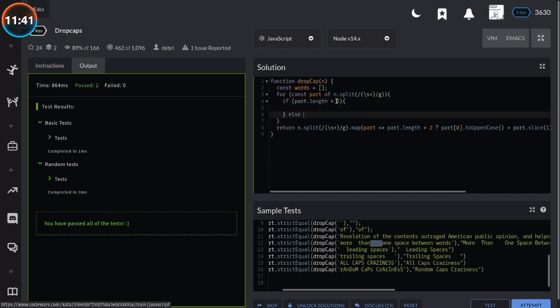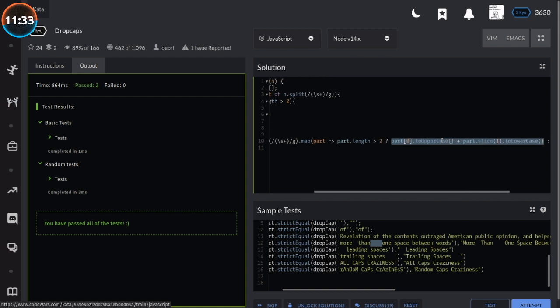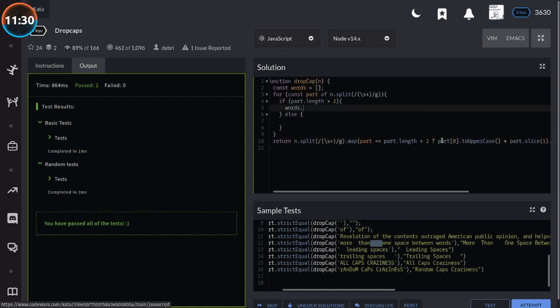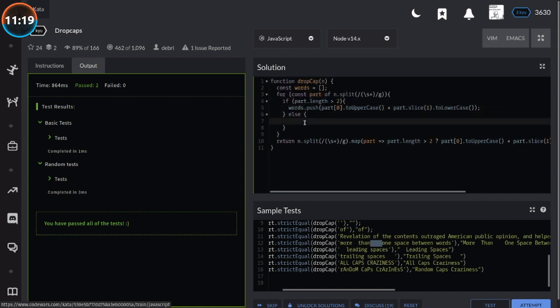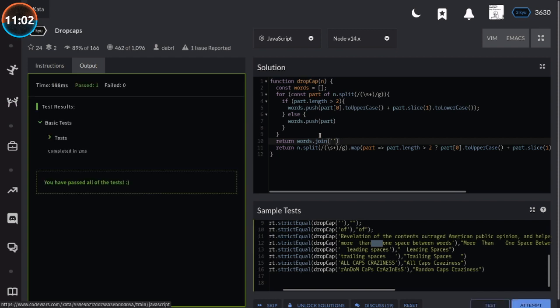We do something else. So if it's this one, then we're pushing to our lovely words array. words.push the uppercase first, the capitalize basically. This performs the capitalization on the string. If it's not, though, we're returning just the word. We're not returning, pushing to the array. words.push, just the word. Of course, it's not a variable name, it's called part. Then we will return